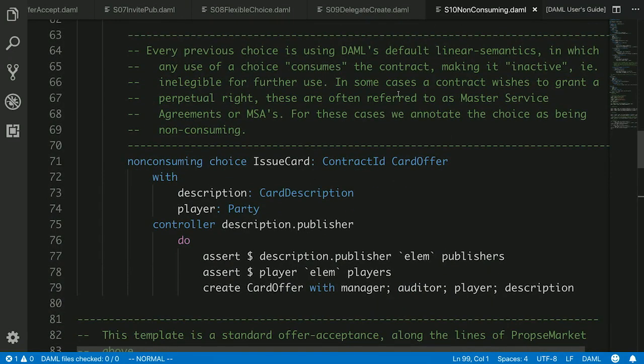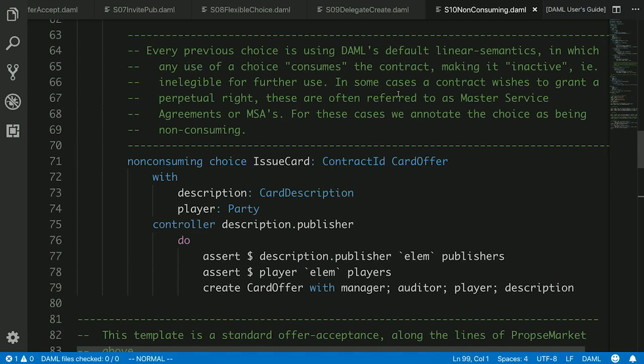Now, one aspect of the DAML language is that it has linear semantics by default. So every use of a contract invalidates that contract. We don't support any concept of mutable data on the ledger. If you want to update it, as we do with any FP program, we delete or garbage collect the previous state, and we create a new contract in its place with the new data.